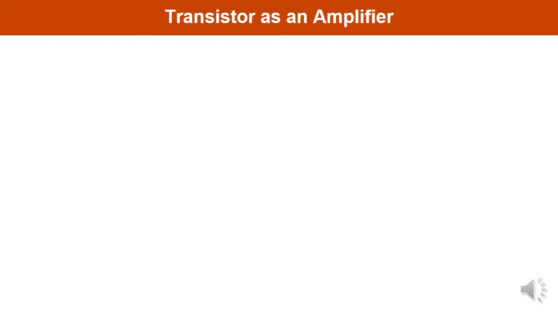Just to remind you, a transistor consists of two PN junctions, and the junctions are formed by sandwiching either a P or N type semiconductor layer between a pair of the opposite type. At the same time, you have studied three different configurations for the transistor: common base configuration, common collector configuration, common emitter configuration. So to understand how a transistor works as an amplifier, let us consider the common base configuration.